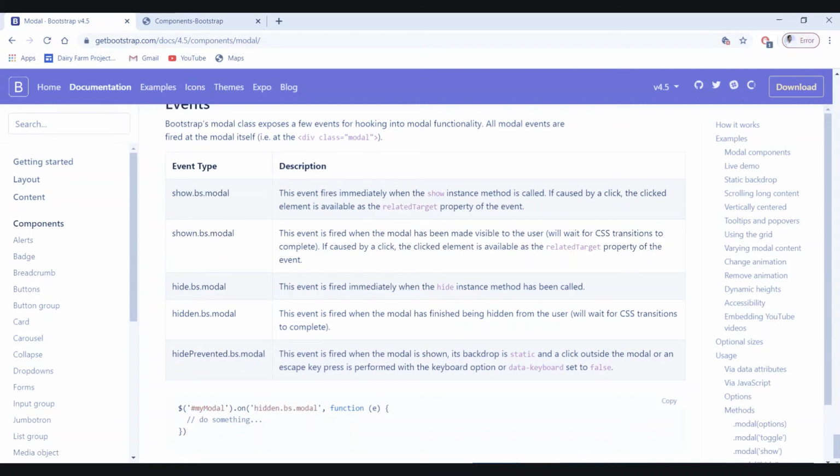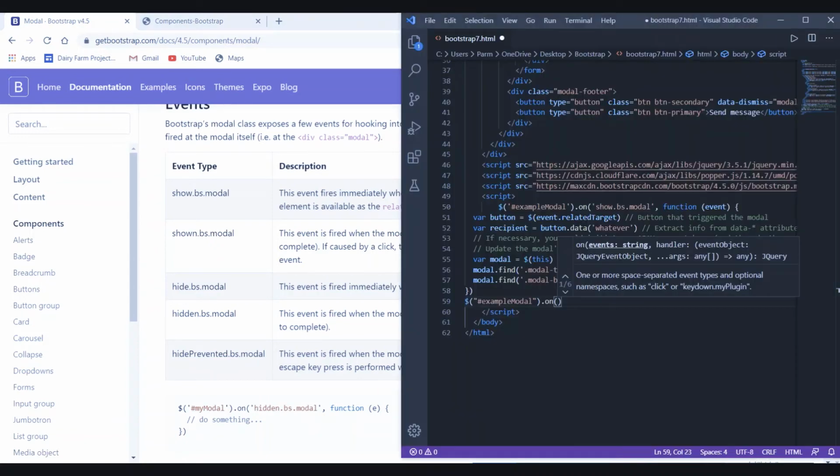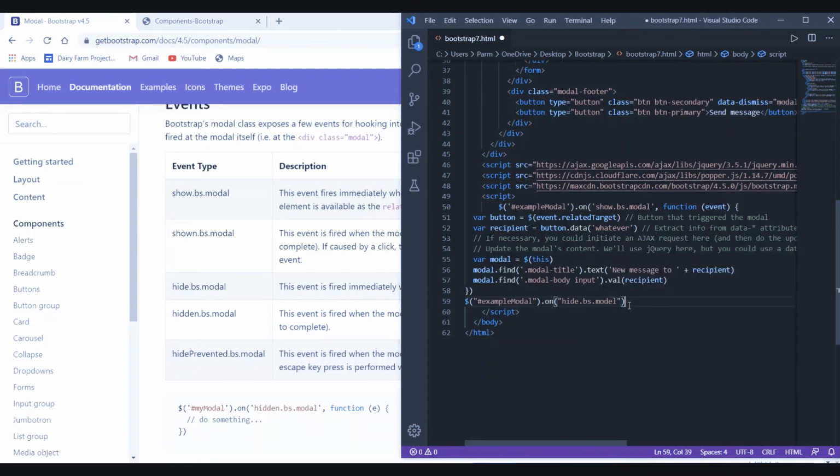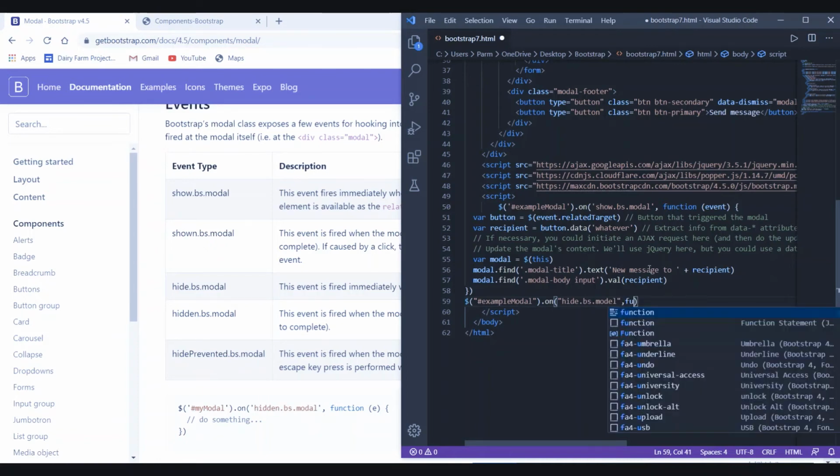So let's try both. We will write here hide.bs.modal, then here we have to call the function.